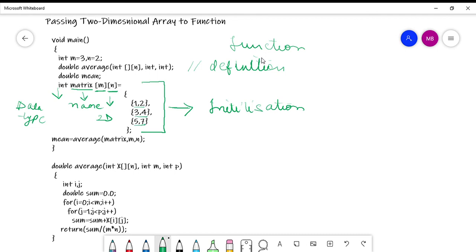This represents the row and this represents the column. So row and column. This is the first row, this is the second row, and this is the third row. And likewise, this is the first column and this is the second column. So just like in the case of one-dimensional array, in the two-dimensional arrays also we pass the array in the